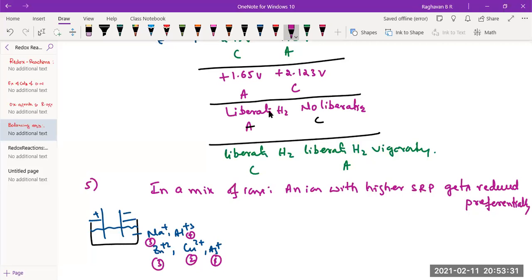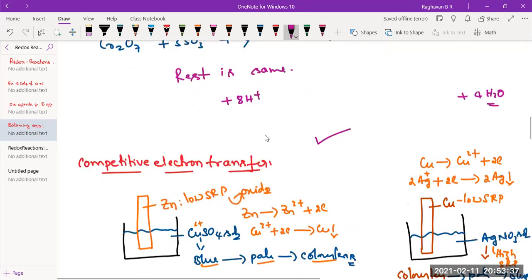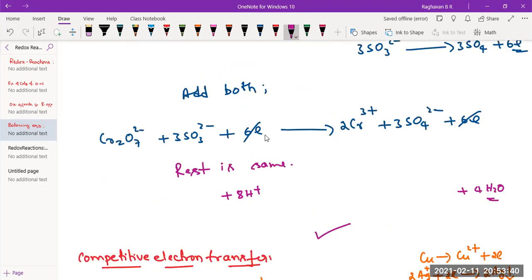Okay, so then there is a little about titration. There is the burette liquid, the titrant, and the solution taken in the conical flask, the aliquot. To indicate the endpoint, we use a substance called an indicator. There is an acid-base indicator like phenolphthalein, and a redox indicator like diphenylamine. Sometimes one of the liquids will be colored. In such cases, that liquid itself acts as a self-indicator, like KMnO4. Whenever you use KMnO4, at the end point the appearance or disappearance of pink color will happen. Those kinds of titrations will be there.